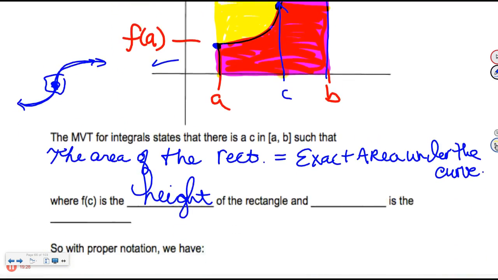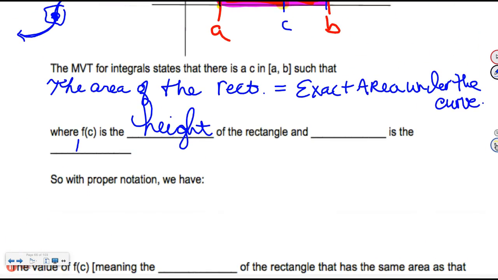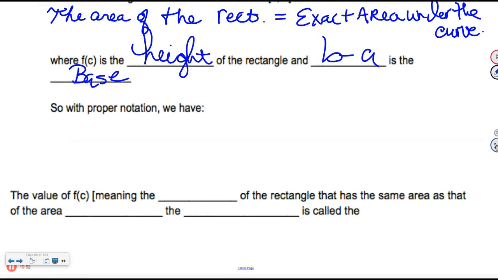All right, here we go. Anyway, and what is the base of the rectangle? Go up there. What's the base of your rectangle? I'm cringing. Thank you, because I'd blow a gasket if you said a plus B, A minus B, throw them together somehow. No, you do top minus bottom. All right, so now let's go use some proper notation with this. Here's what I said. The area of the rectangle. Area of a rectangle is its base, which we just said is B minus